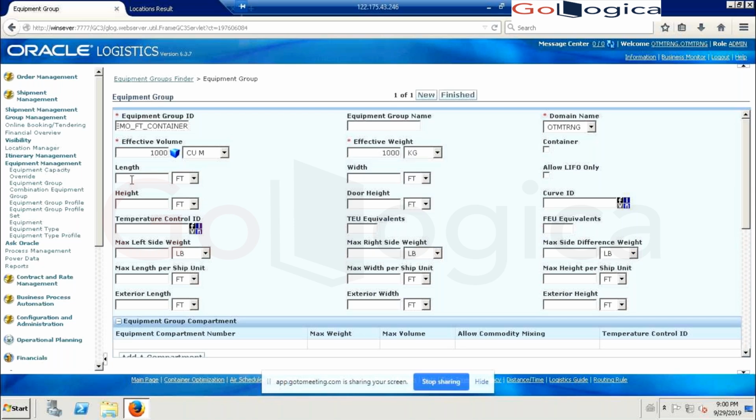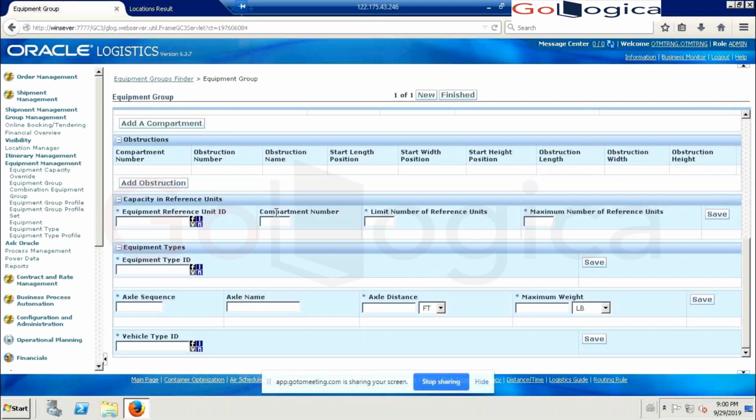And length of 20 feet, and width, for a 20 feet container, 28, and height we can adjust, so I'm just going with 8.6 feet. The rest of the details are optional.